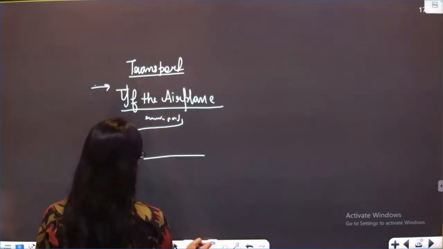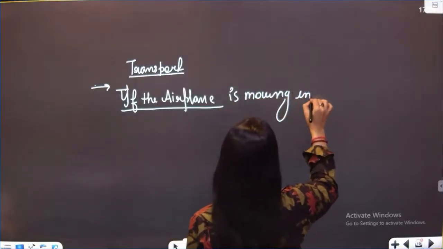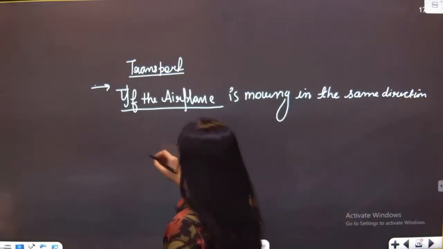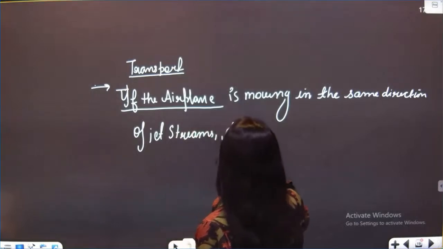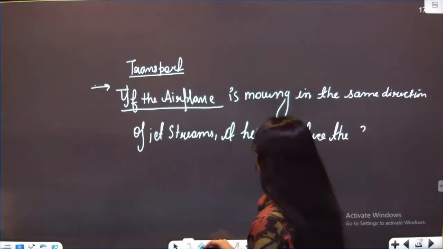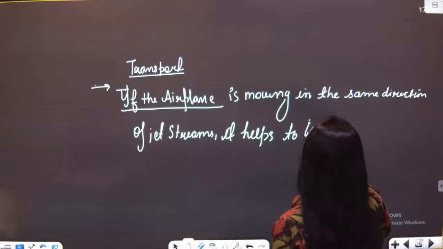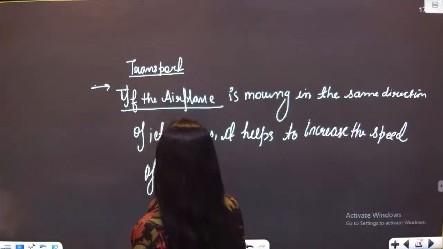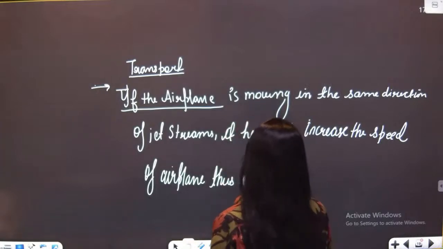Write down: if the airplane is moving in the same direction as the jet streams, it helps to increase the speed of the airplane, thus reducing the dependency on